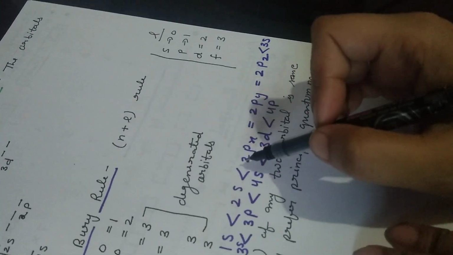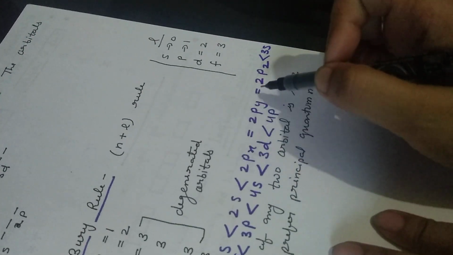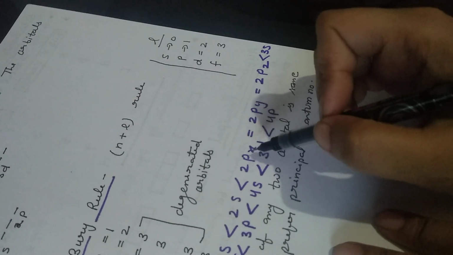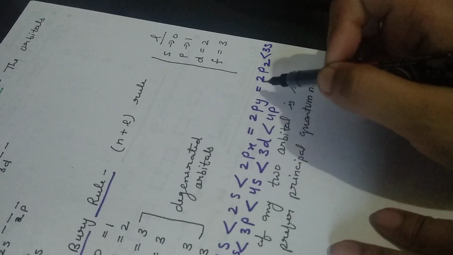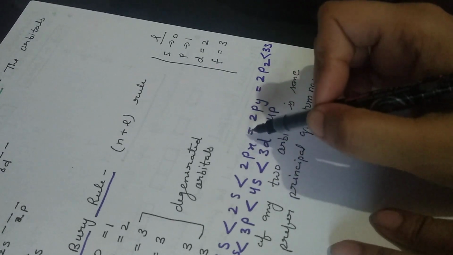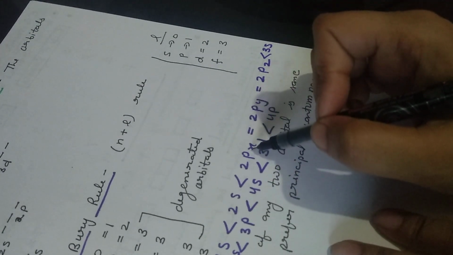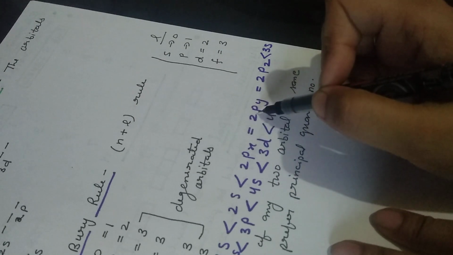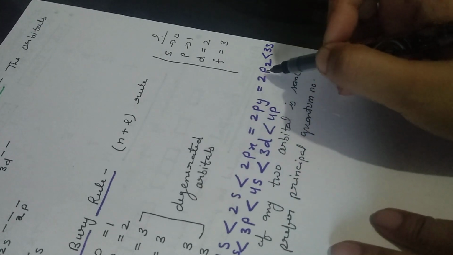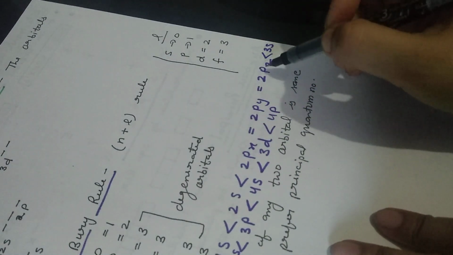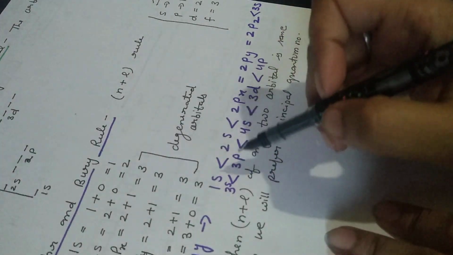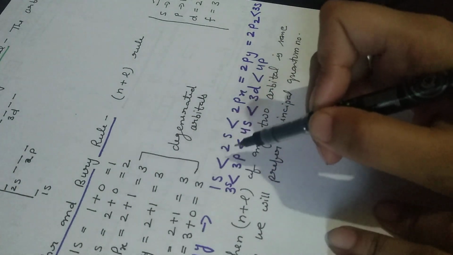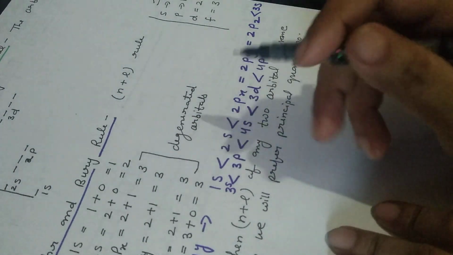Now the p orbital has 3 suborbitals, right? So this is px, py, pz, but the energy of all these orbitals is the same, so we will put the equal sign here. So the energy of px is equal to py and py is equal to pz. Now next, the energy of 3s is more than p orbital. As we go further, the energy of the orbitals increases.